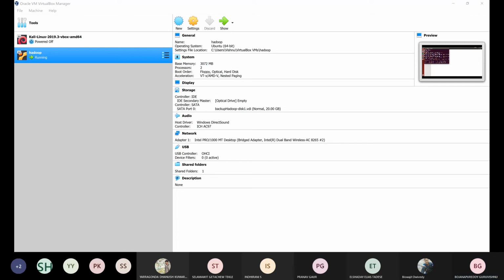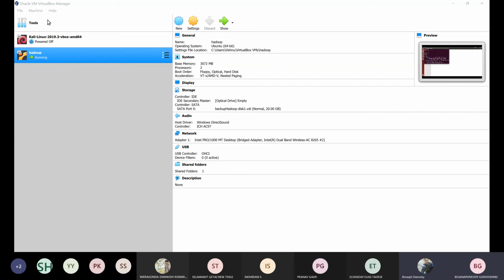I understand that, but it's showing that system base memory used is only around 3 GB, and 2 processors are there. Which processor are you using? i7, sir. Why is it not using all 4 cores? No, actually there are some techniques.